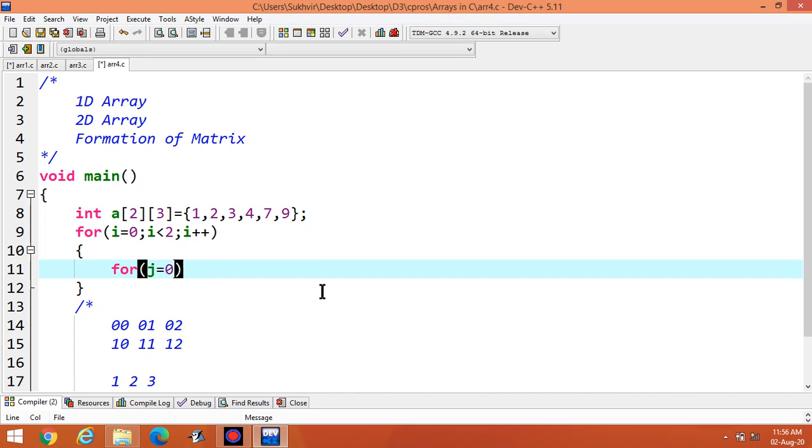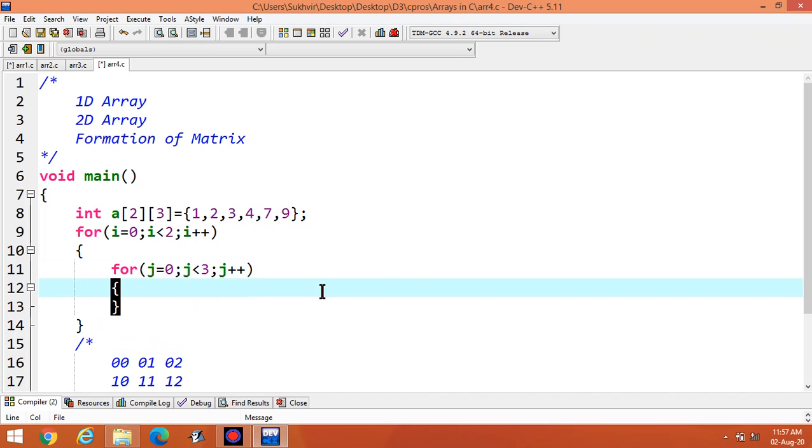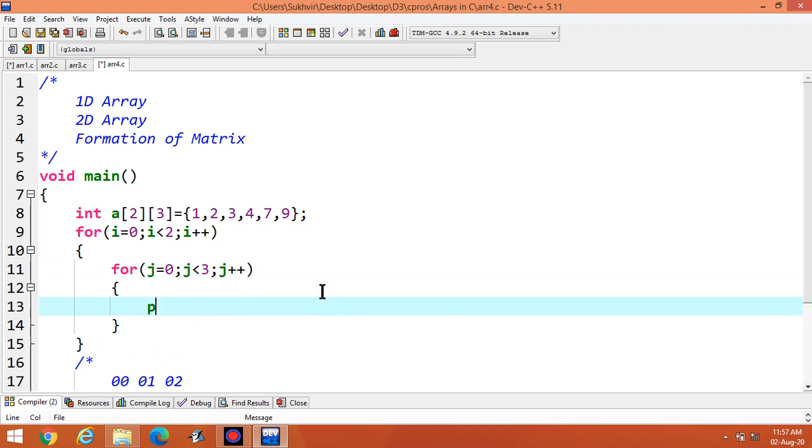J is equal to 0, J less than 3, J plus plus. Then printf percentage %d. Then A, I and J.